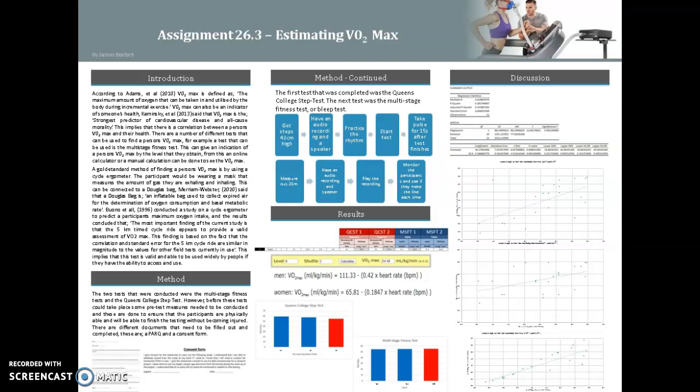This was done by Kaminsky, an American researcher, on American participants. And he discovered that the lower the VO2 max, the higher the chance there is of a person developing a respiratory disease. It also gives a stronger indication that regular exercise should be done as well. For example, also the health and sport benefits.